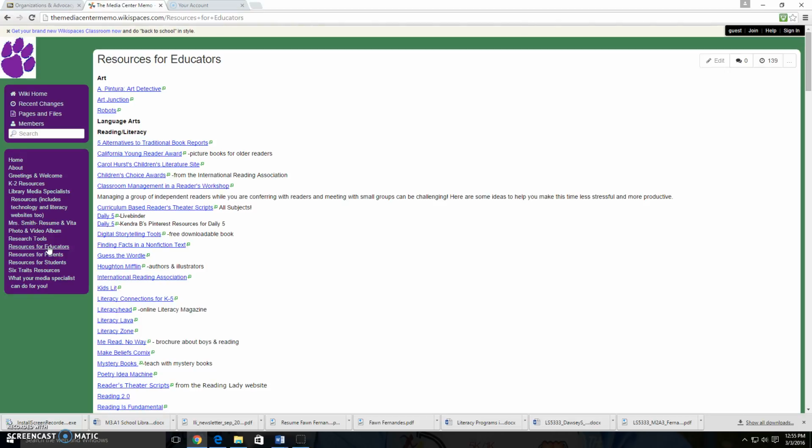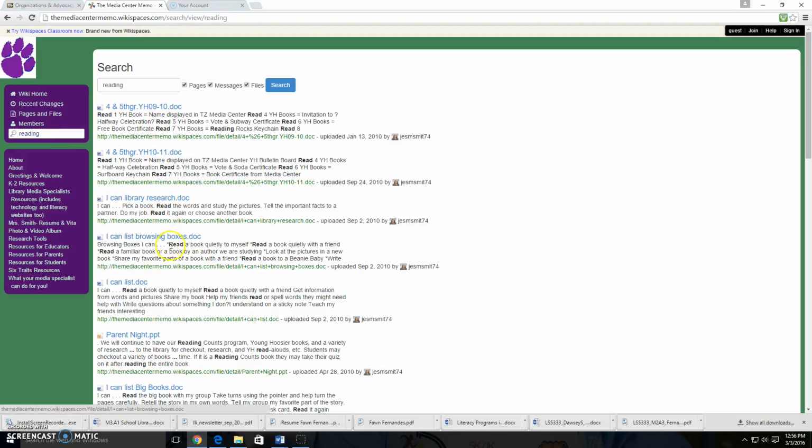Now, a weakness of this website is that, well, contrary to EBSCO's suggestions to make searching easy, this website really doesn't have anything to search. They do have the search box here, but the results that it brings back are not user-friendly. For example, if I put in reading, it pulls back, I mean, if I were a student, I wouldn't know what to do with all of these results or what to do. So the searching is not very user-friendly.